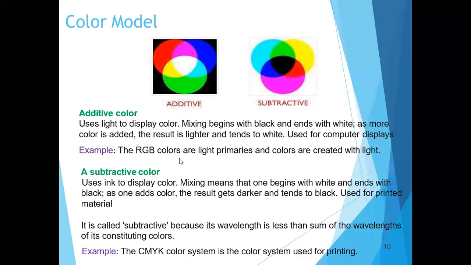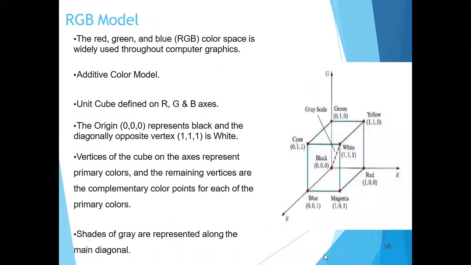The RGB color model is used in your television and computer displays, obtained by additive color, so it is called the additive color model. Whereas in the CMYK color model, C stands for cyan, M for magenta, Y for yellow, and K, the key, is the black color. It begins with white and ends with black. That is why the key here is black. The CMYK model is basically used for printing.